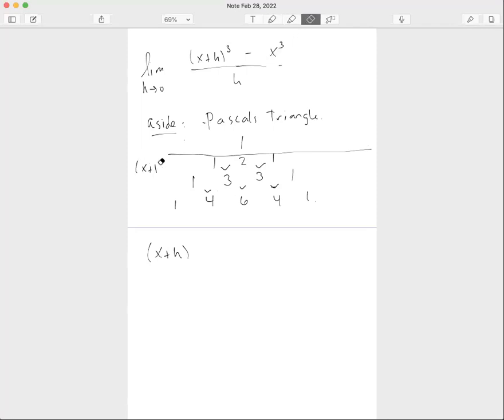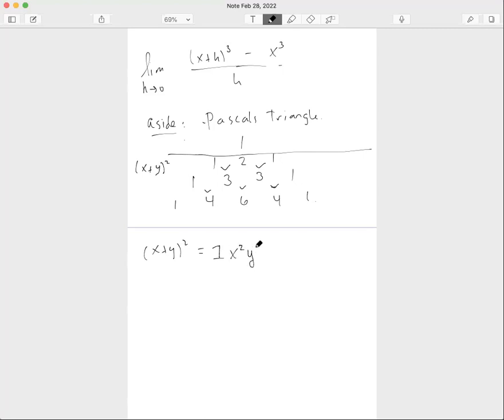Let's do just x plus y squared, we don't have to put the h in there right now. These are the coefficients of the terms. So for (x plus y) squared, the first term is a 1, and the power of x is squared,